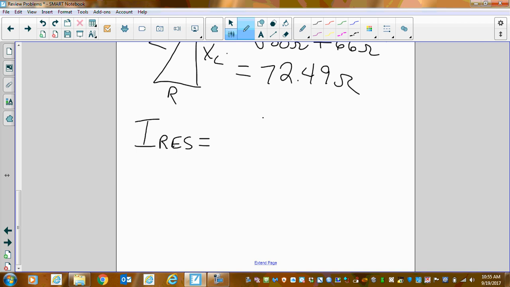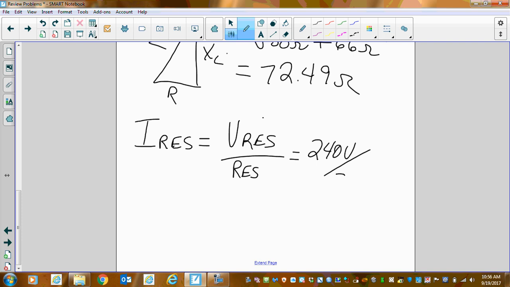IR. Okay. So, aren't we going to just take what? Voltage of the resistor? What are we going to divide that by? It's just Ohm's law, isn't it? Just the resistor? Yeah. Voltage of the resistor in this case, 240 volts. And we divide that by 33 ohms. And if we've done that correctly, we should come out to